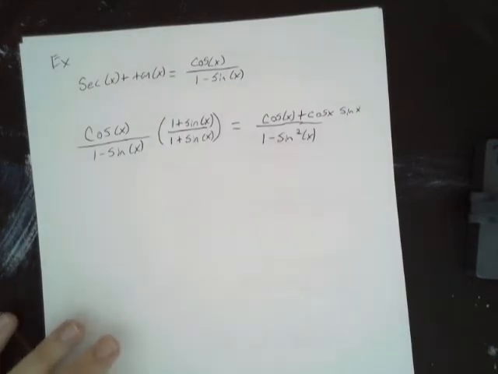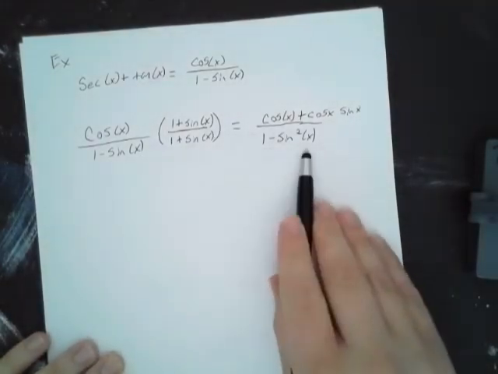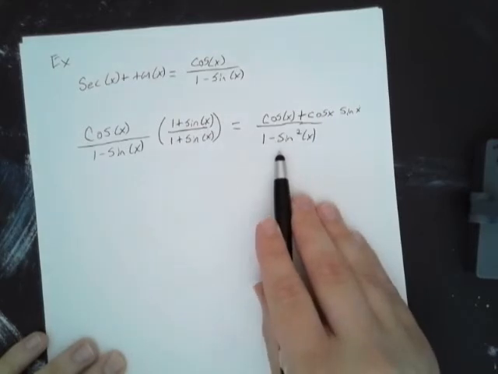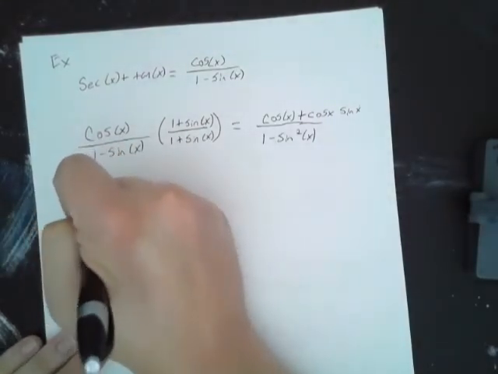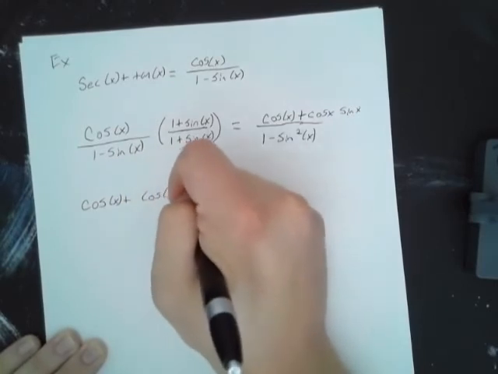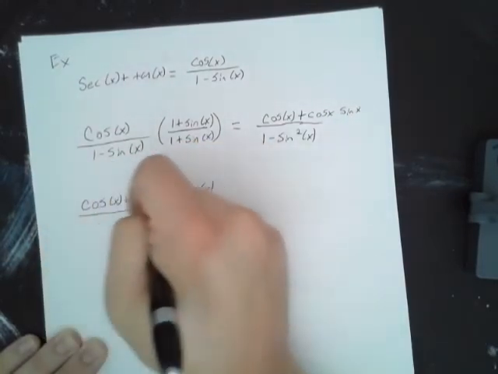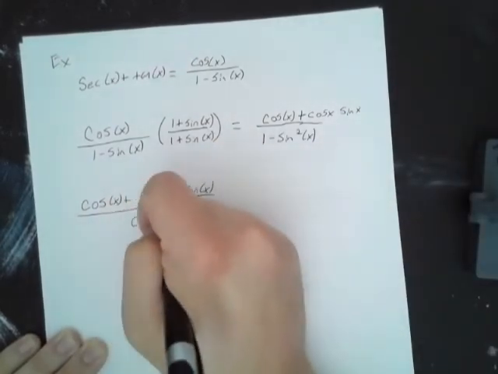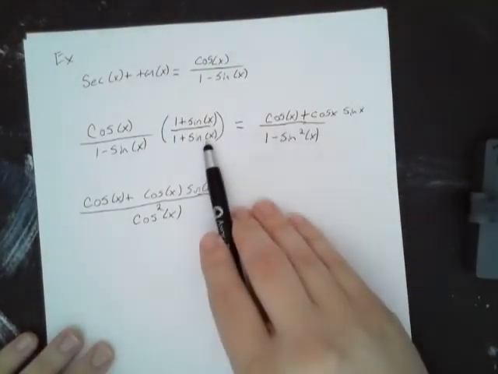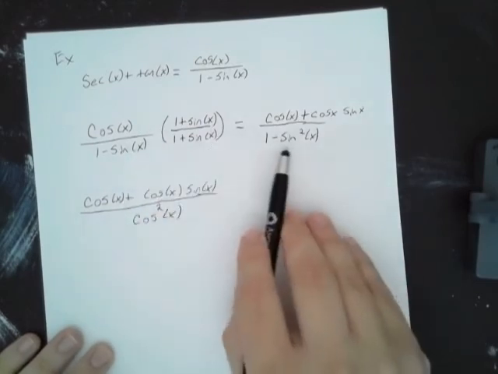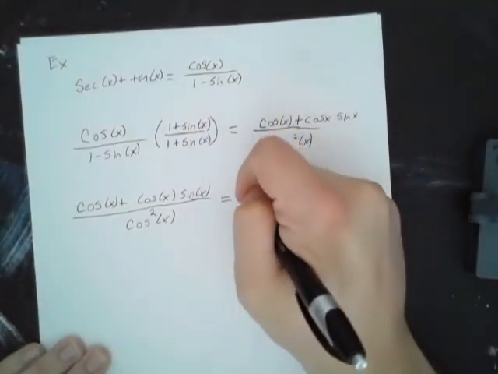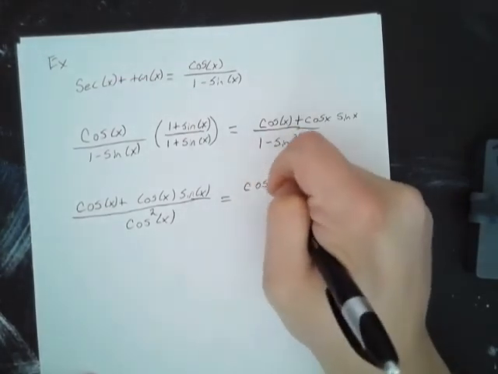Okay, so the next thing I'm going to do is substitute down here. I have my identity: this is going to be equal to cosine squared of x. So I'm going to rewrite this with my numerator staying the same, cosine of x plus cosine of x sine of x, and I replace my bottom with cosine squared of x. So the very first thing I did was try a difference of squares on the bottom because I knew I was going to need a cosine down here, and that's exactly what happened. Now I can rewrite this, breaking up my fraction